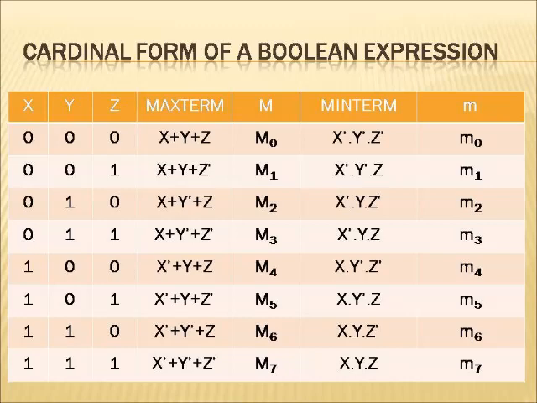So when we say x is equal to 1, y is equal to 1, z is equal to 1, we can say it corresponds to 7. Uppercase M7 means it is a maxterm x bar plus y bar plus z bar, because x is equal to 1 means the variable is in the complement form in the case of a maxterm. The same, in the case of the minterm, we can say it is a product of x dot y dot z. So it is a product of x, y, z, right? That is x dot y dot z, right?